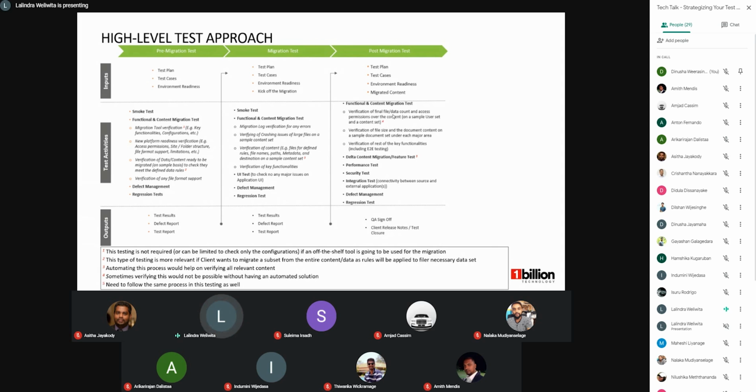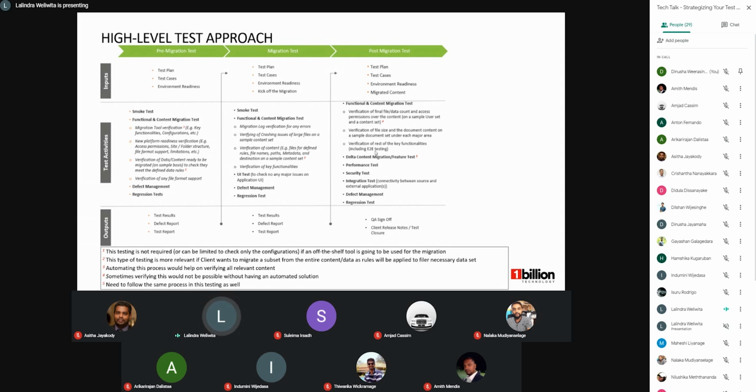We faced some issues with documents, because the team actually migrated the documents and the name was fine, but when you opened it, the content was wrong. So it was due to an issue with the migration tool. That kind of thing could happen. That's why sometimes we always have to go with a sample content set. And we need to start our end-to-end testing. For example, now with the data intakes also,